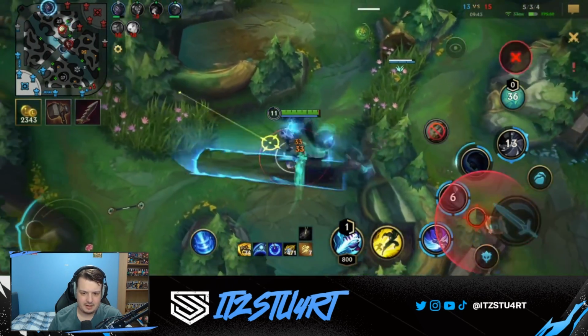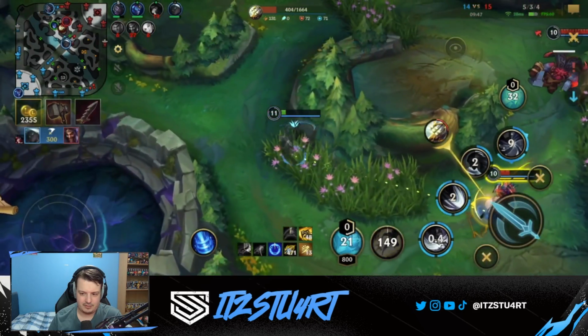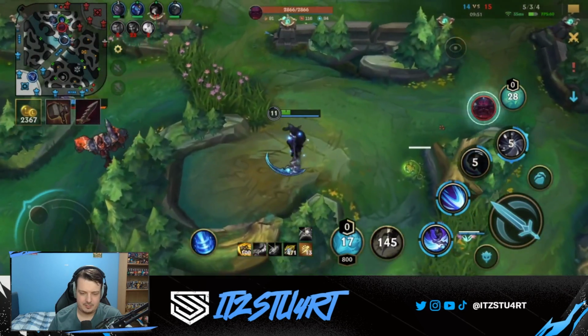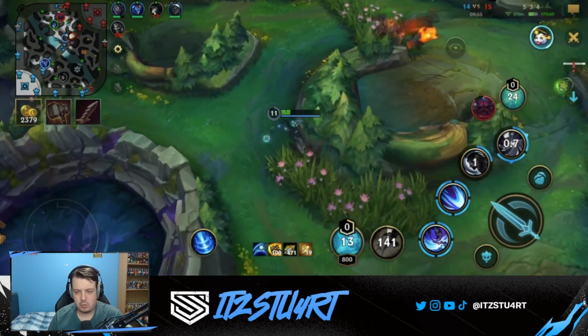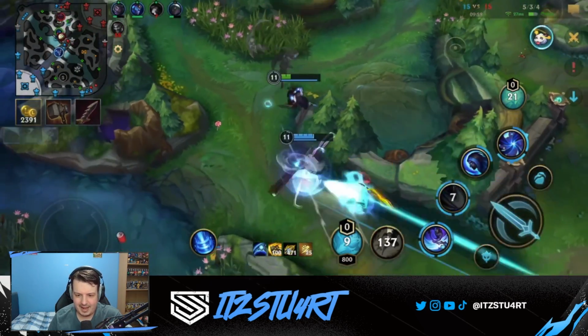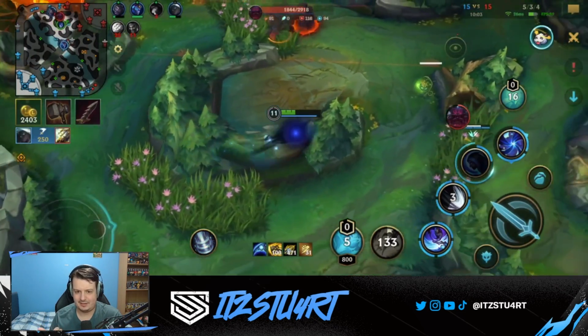Unfortunately, I think I kind of inted here. I think I still kill him. No, I don't kill him. He escaped. I kind of mistimed my second ability. What I should have done is wait for Master Yi to use his ultimate and then go in with my abilities, because I wasted my second ability and I didn't do any damage to Master Yi,